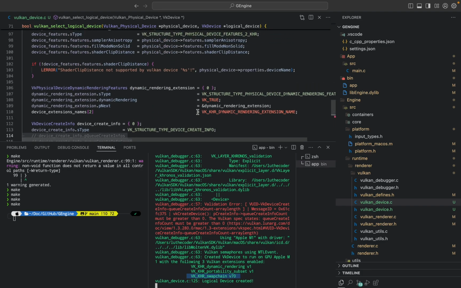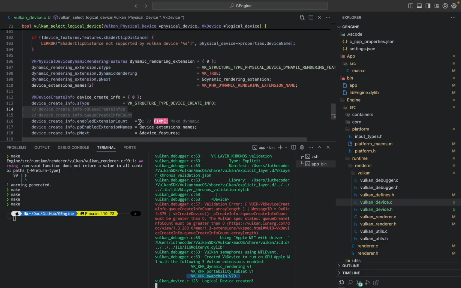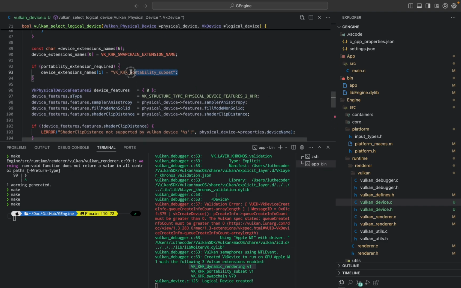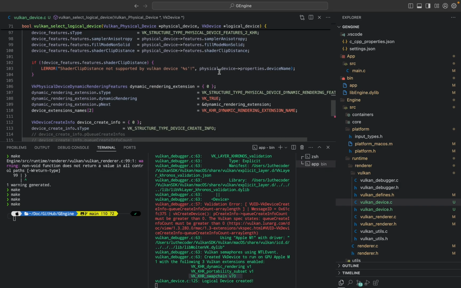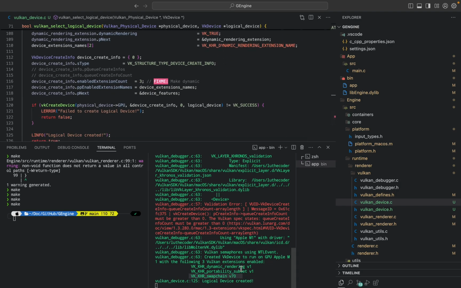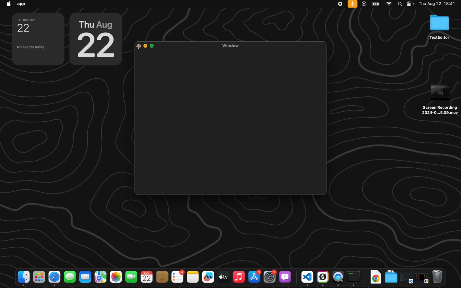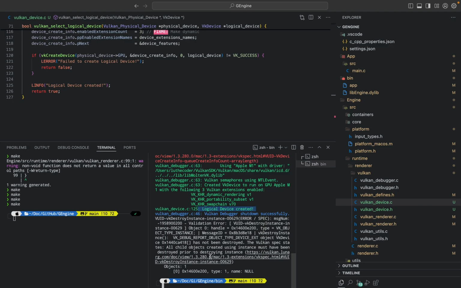And if you're wondering where those three are coming from, notice that we said we are activating 3 extensions, and those extensions are the dynamic rendering, which you see over here, and then the other one is the VK portability subset, which you see over here, and then you see the swapchain, which is the first one we added to the list. So those are the 3 extensions that it enabled, and then finally it created the logical device. And I believe if I close this, it should complain, telling me that I did not destroy the device, and yes, it does. It says